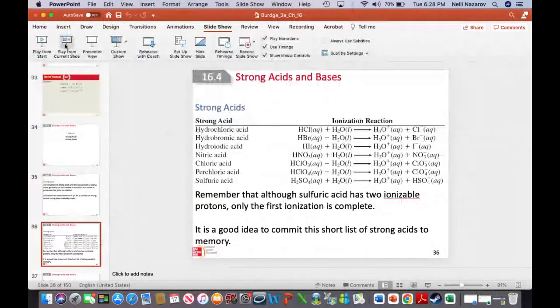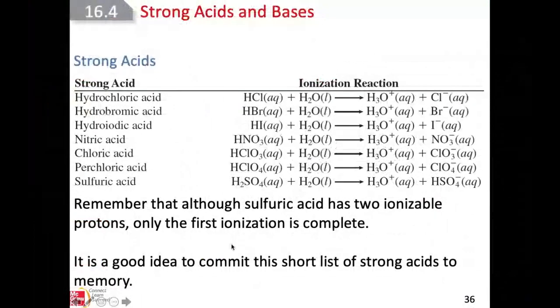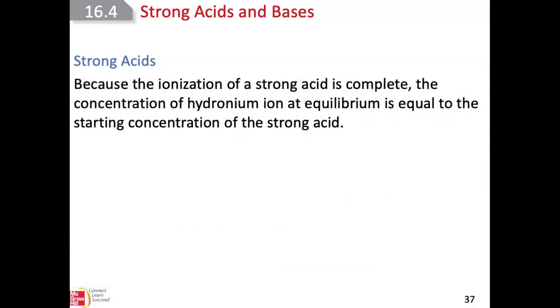So once again, as I was saying, there are only 7 strong acids, and so it's a good idea, as it says over here, to commit this short list of strong acids to memory. Because the ionization of a strong acid is complete, 100%, the concentration of the hydronium ion, H3O+, at equilibrium is equal to the starting concentration